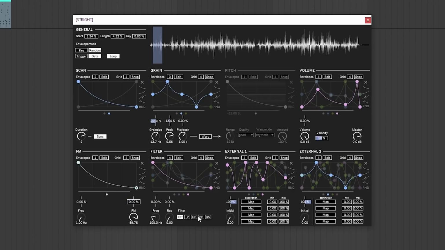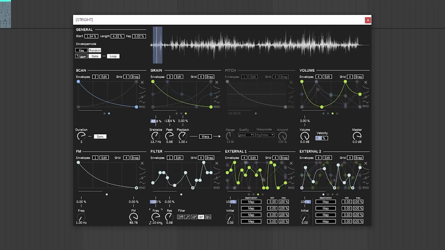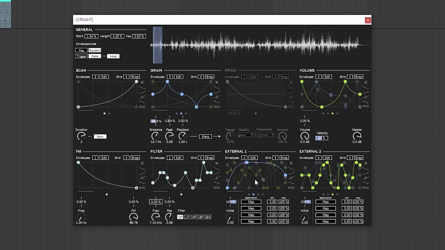And then a filter. So let's go ahead and make this one envelope here and go like this. And let's go ahead and do a random envelope. There we go. Let's change this to a BN filter so we can hear what that sounds like. And then we want to send the envelope to the filter. Let's go ahead and choose bandpass. We're going to leave the filter off right now, and then we're going to show you how this external stuff